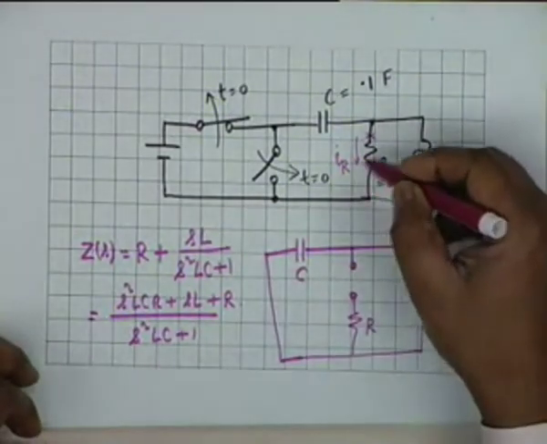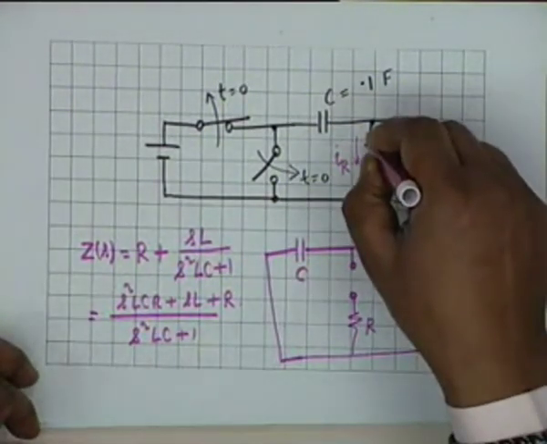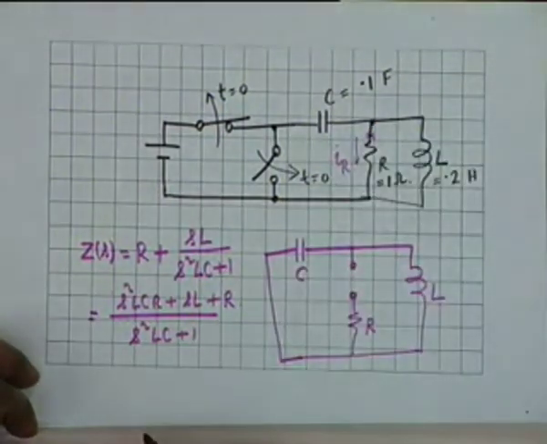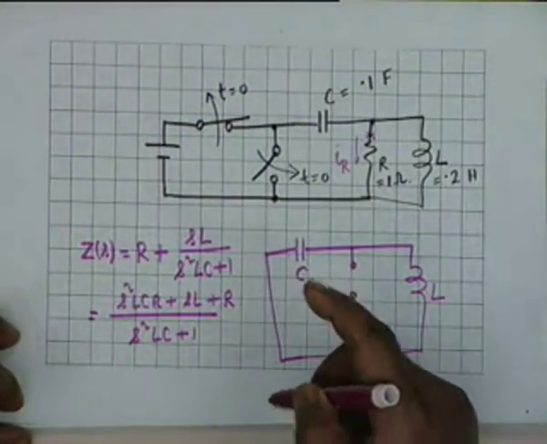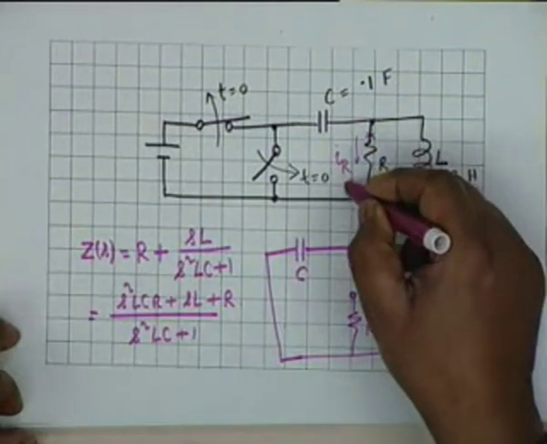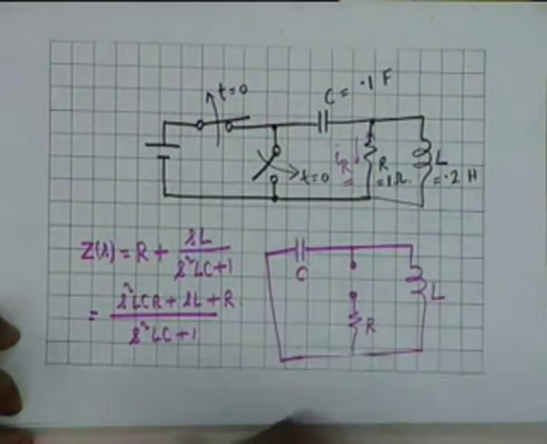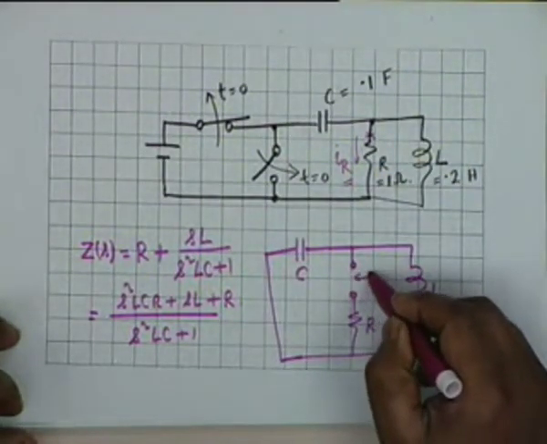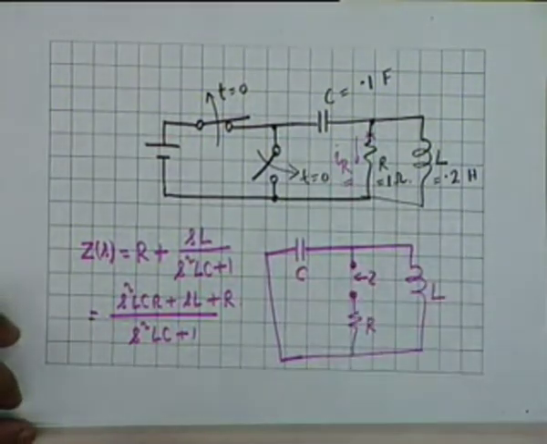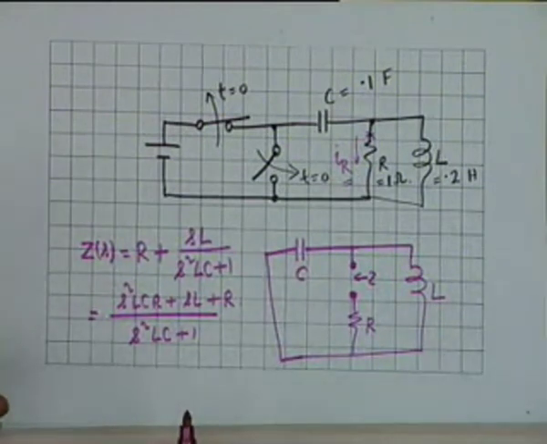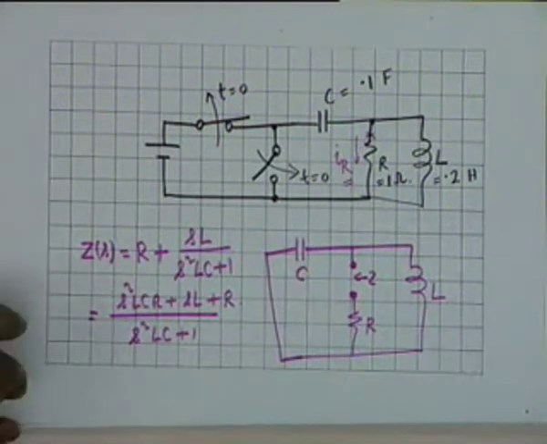We want to find this current, so we make a break here, creating 2 points which, when short circuited, shall give me IR, the resistive current. So we found the impedance looking into these 2 points and concentrated on the zeros. Zeros of Z of S give you natural current response frequencies, poles of Z of S give natural voltage response frequencies.